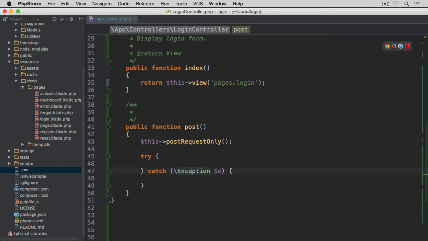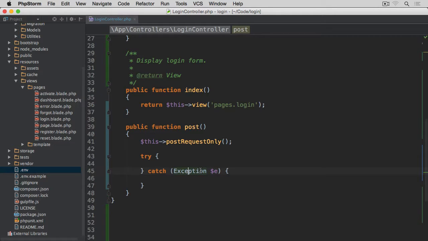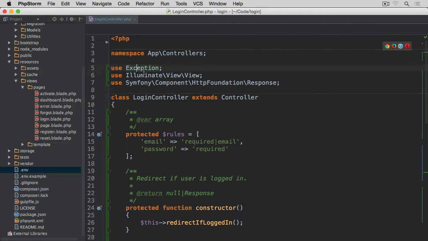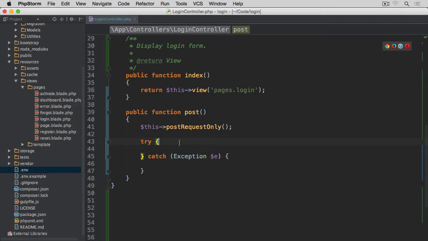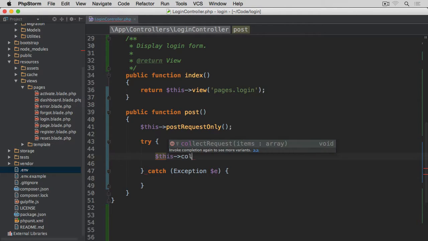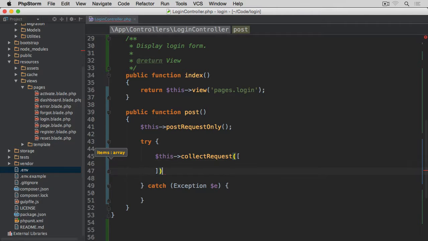So import, not generate, import. There we go. If you scroll up, you see this exception is here at the top. Okay, so we're going to start with this collect request, and we pass what items we want to collect from this request. So we want email, we want password, and we also want remember